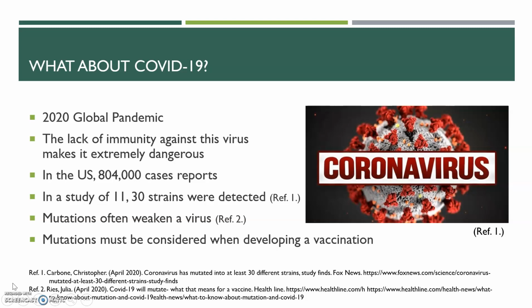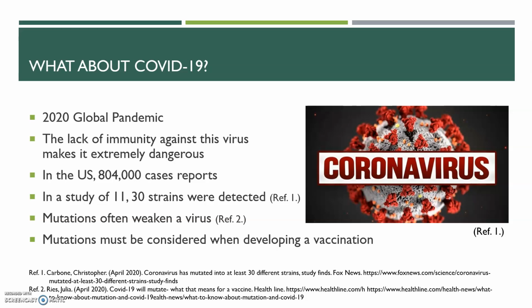As we all know, we are living in a time of a live pandemic. COVID-19 is such a dangerous virus because no one has any immunity against its invasions. As of Tuesday, April 21st, Fox News reported that COVID-19 has infected more than 804,000 people in the United States, and roughly 43,000 have died from this virus. But the coronavirus is not a completely new virus. COVID-19 is not the first of its sort.